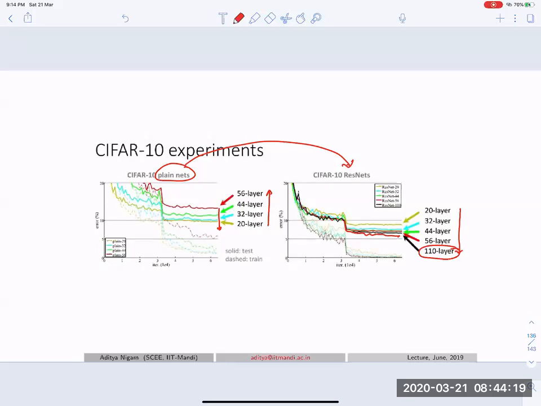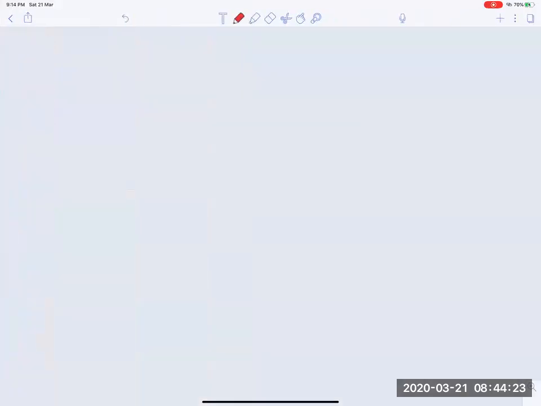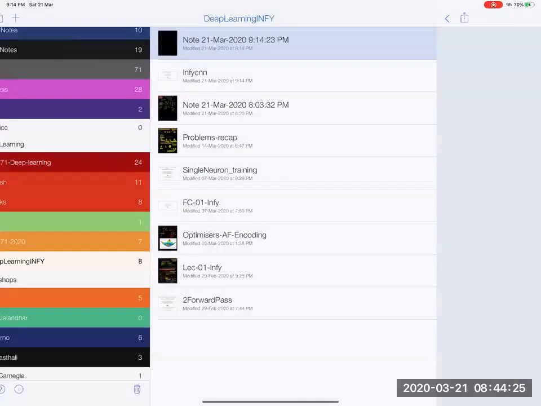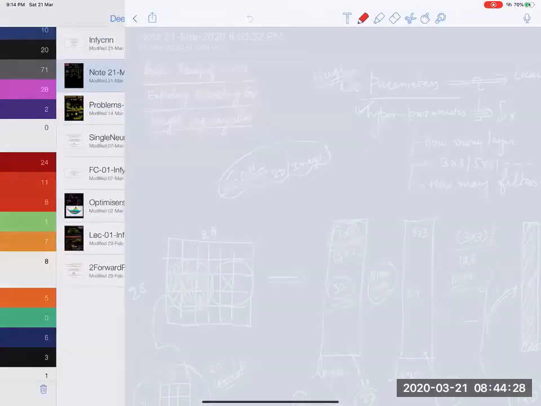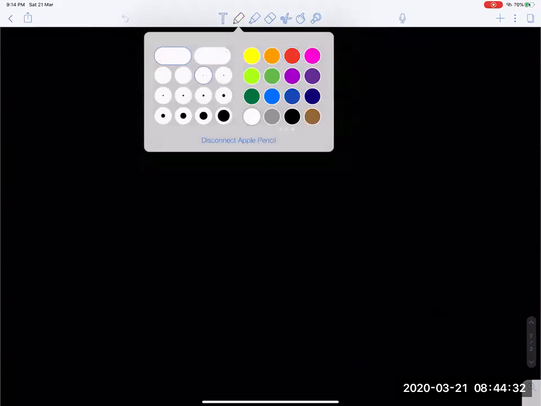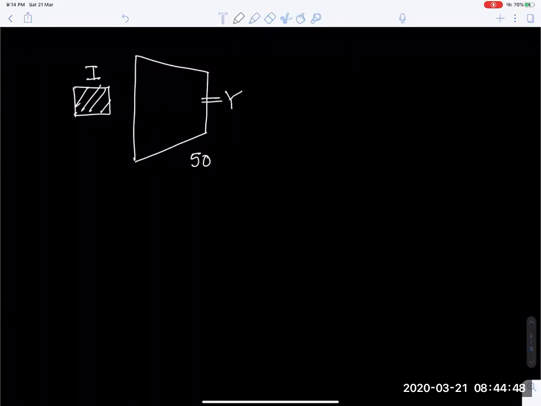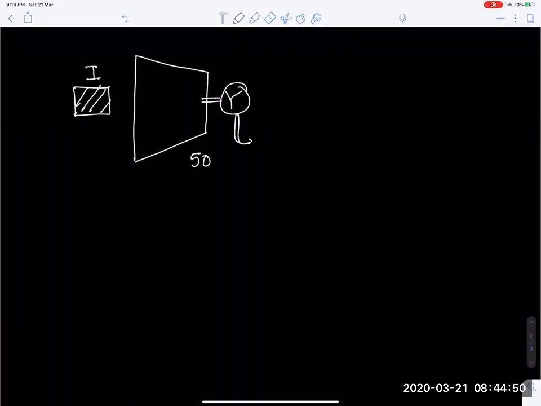Fine. So now let us understand it in a better way. Why is this happening? The first thing that one should understand is, suppose this is my network, and suppose it has, say, 50 layers, and with this 50 layer network you have an input I, you get an output Y, and with this Y you get your accuracy